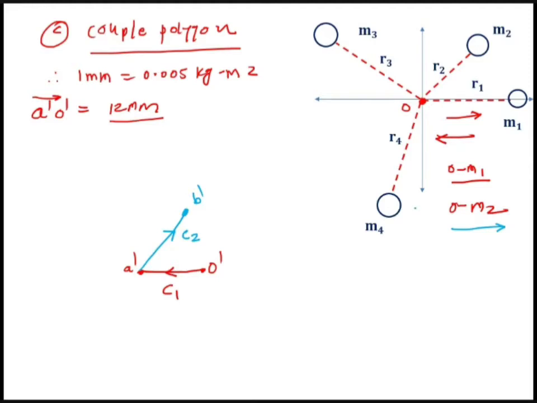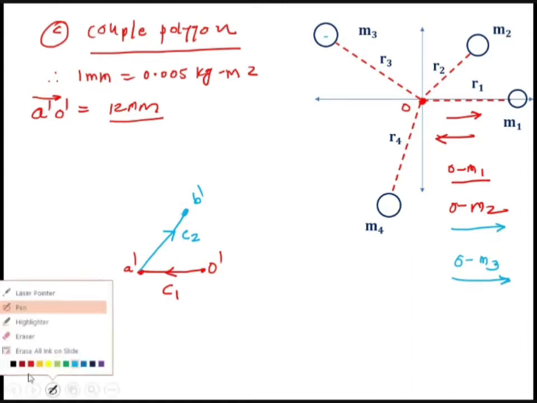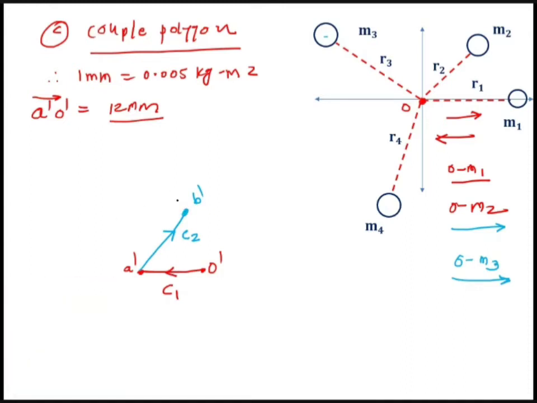Now next is OM3. Draw the vector parallel to this OM3. OM3 means what? From the space diagram, OM3. This is the OM3 line, dotted line OM3. Okay. So parallel to OM3. And what is the length? Length is 44.2 mm, right? Already we have calculated 44.2 mm. So let me draw the line parallel to this. Okay. So it will be like this. Okay. So this indicates the vector B dash C dash, and this indicates the couple C3.